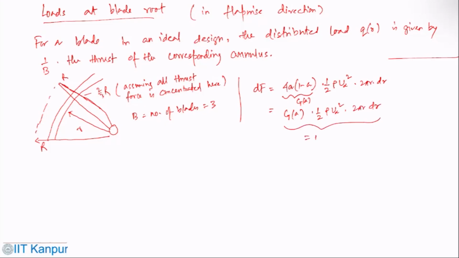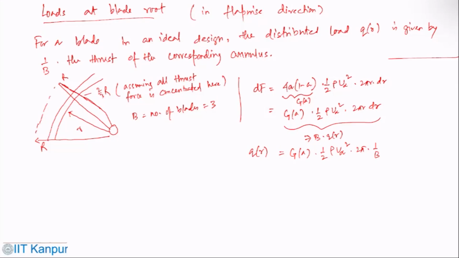That was equal to B times Q of R, and Q of R is half. So this we have already seen. Now what one can do is